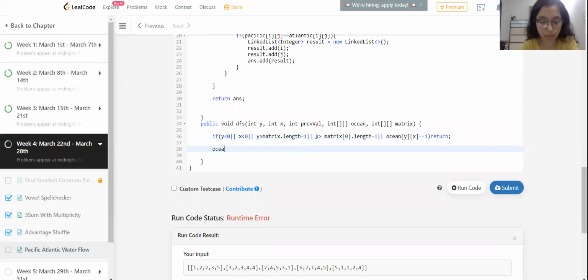Otherwise, we will fill our ocean's position to 1.